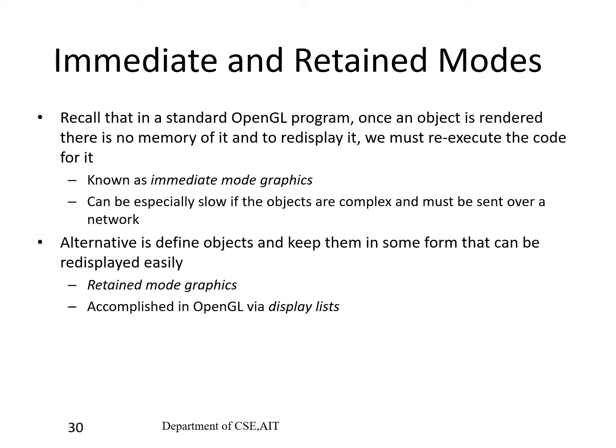Another mode for displaying the object is called the retained mode. In some form we store the objects and then we display them. The difference between immediate and retained is that in immediate mode we display immediately, with no storage and no overhead. But in the retained mode, by making use of other data structures or a display list, or by using extra memory, we retain some information for later use. That type of mode is called the retained mode.